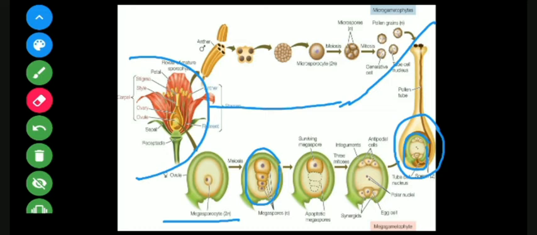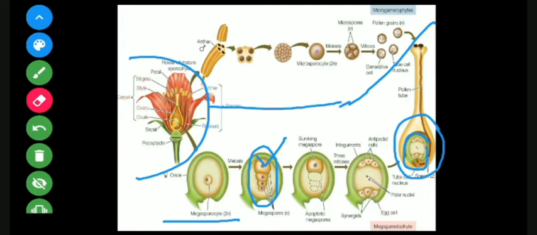Remember this, from those 4 megaspores, 1 megaspore will be towards the chalazal end of the ovule and the other towards the micropylar end. It is a very important part, because you have to remember that from all those megaspores which are in a linear tetrad form, only one will remain functional, which is towards the chalazal end.